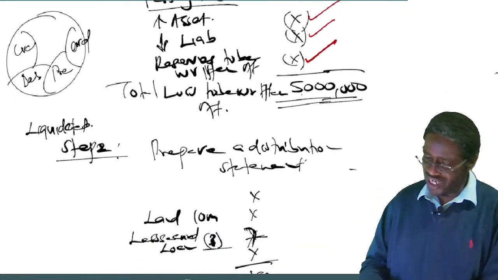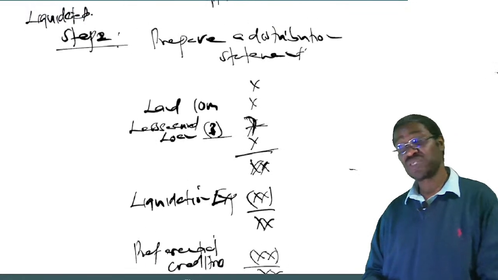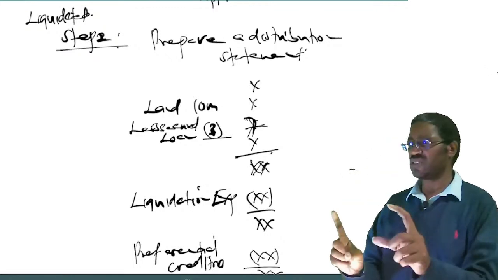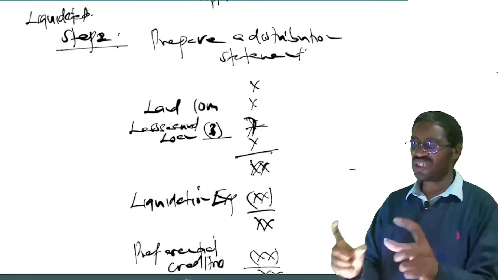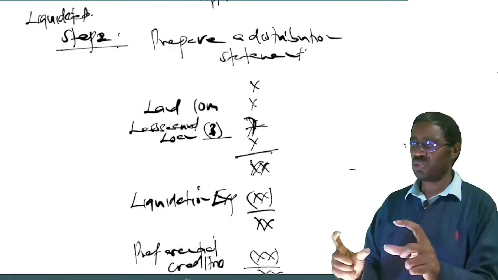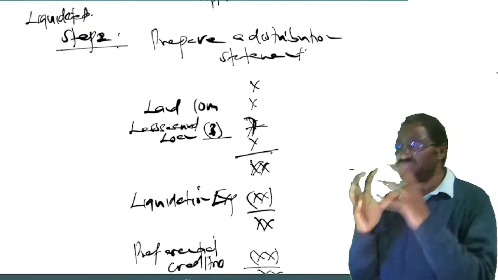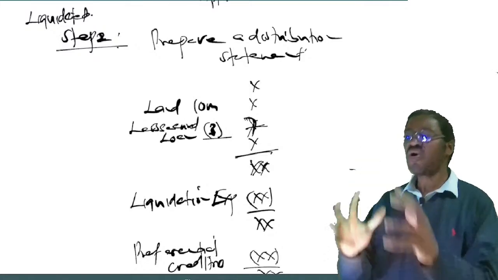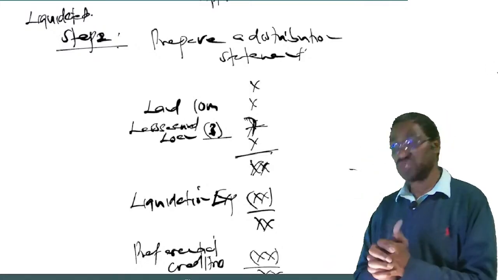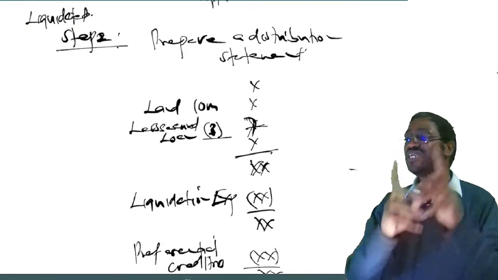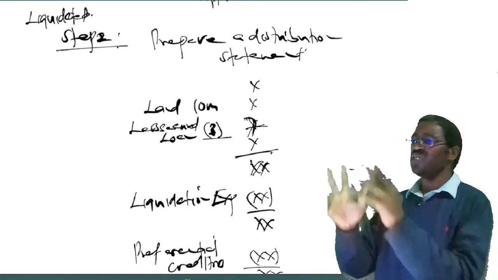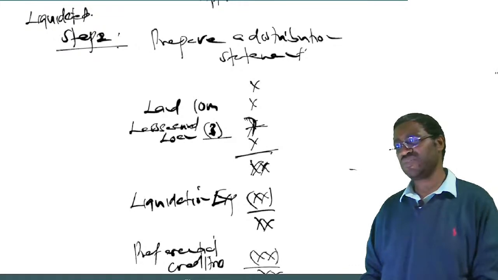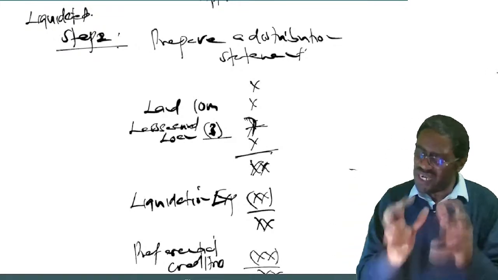What I don't want you to forget again is step 2. Step 2, we said, you are only using it not to reconstruct, but to help you know who among the stakeholders should suffer the loss in step 1. Who among the stakeholders should suffer the loss in step 1? Is it the ordinary? Is it the preference? Is it the debenture holders? Is it the creditors?